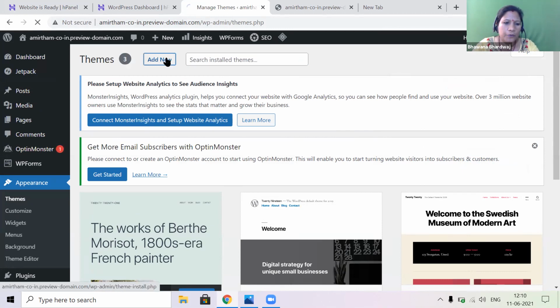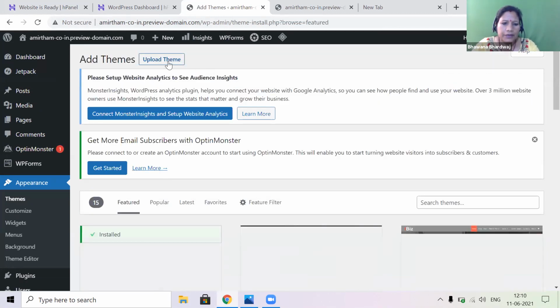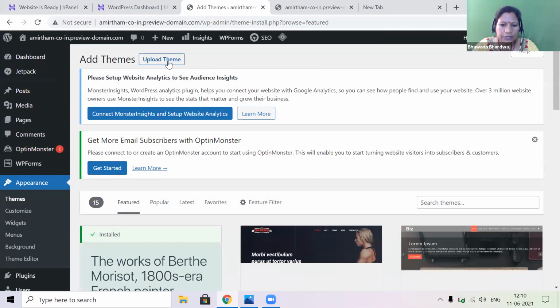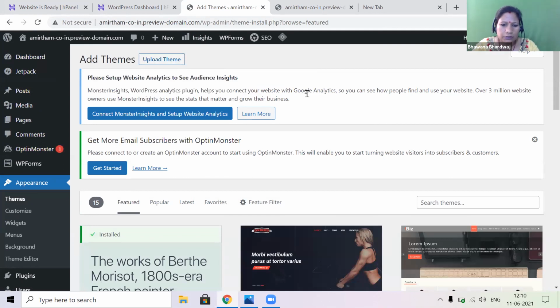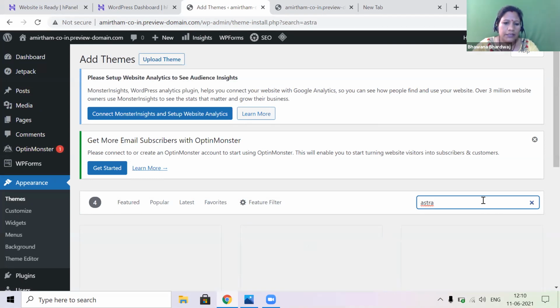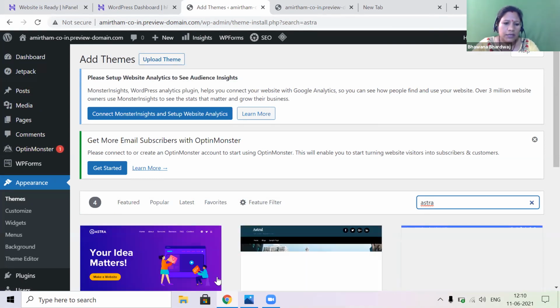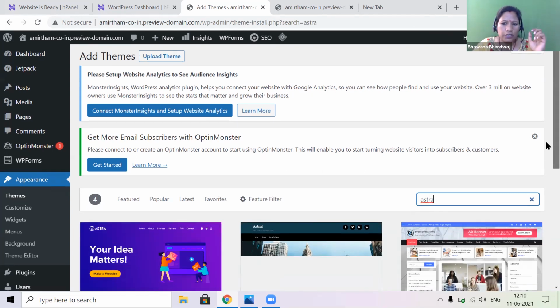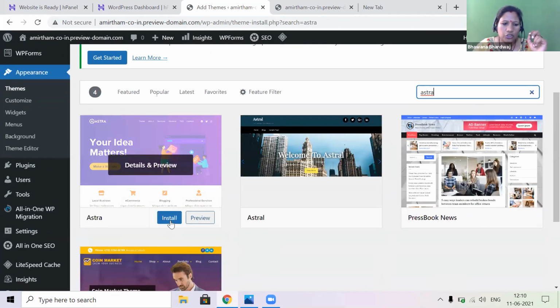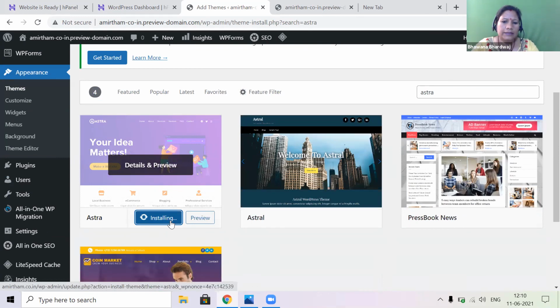Right here, search theme, search for Astra. Enter. And the first one, install and activate. Click on install, and then click on activate.